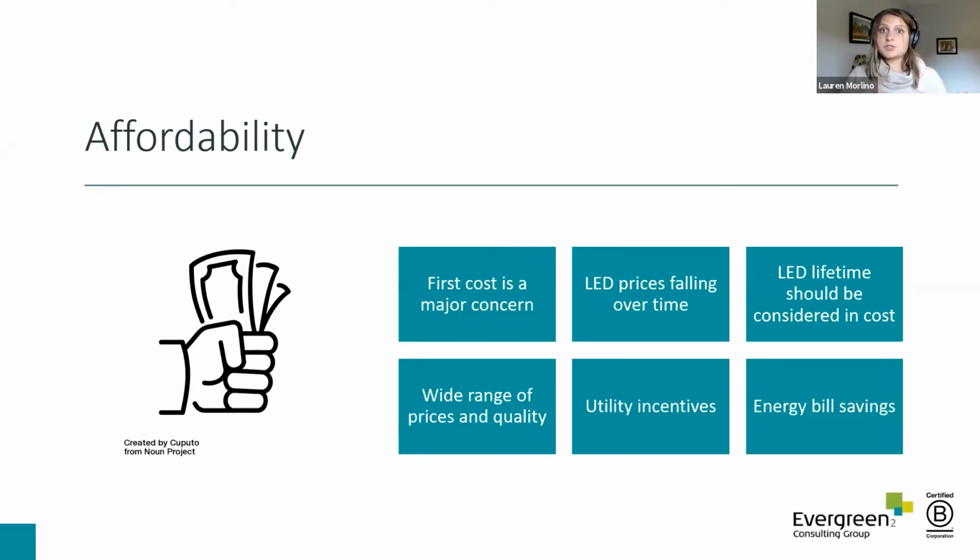Chips, boards, drivers in products are going to be subject to quality concerns because they need to perform for a long period of time. They will also be subject to the rigorous tests that DLC requires if they're on the DLC list. And these lights are really high-powered systems, right, that we're putting in our businesses and homes. So it's important to be careful about what you're really plugging in.